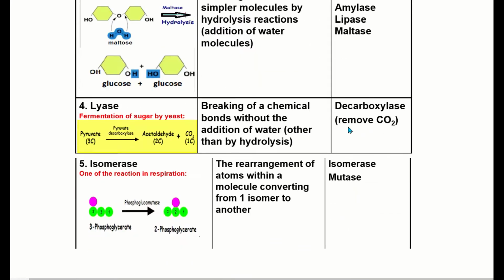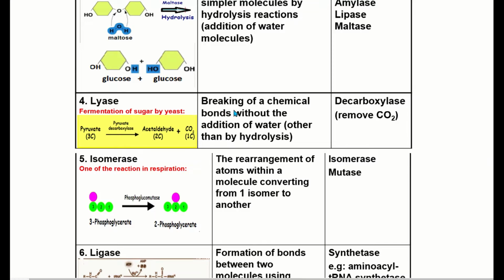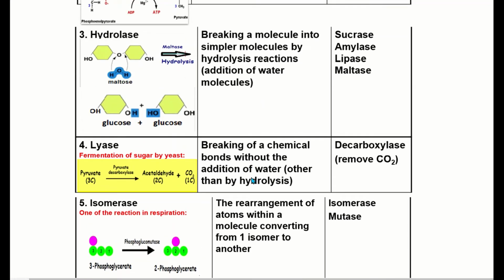Kalau lyase dia break without addition of water. Maksudnya dia break bond tapi nama proses reaction itu selain daripada hydrolysis. Contoh kat sini decarboxylase, dia remove carbon dioxide. De ni de kan, carboxyl ni carbon, so you remove. Dia remove carbon dioxide lah. So ini pyruvate, ada 3 carbon. Kita letak enzim pyruvate decarboxylase, tinggal 2 je carbon,